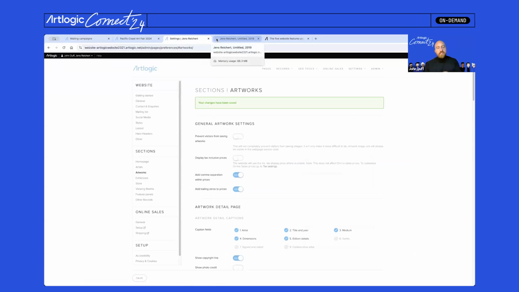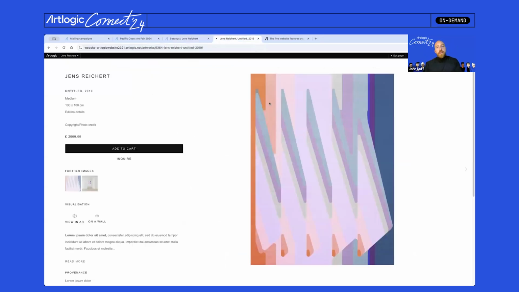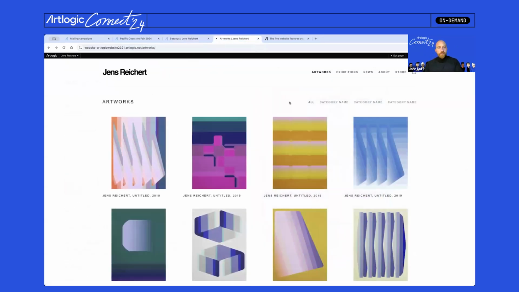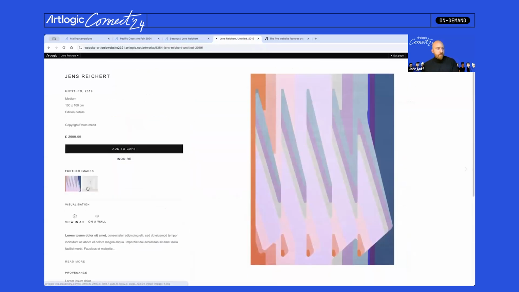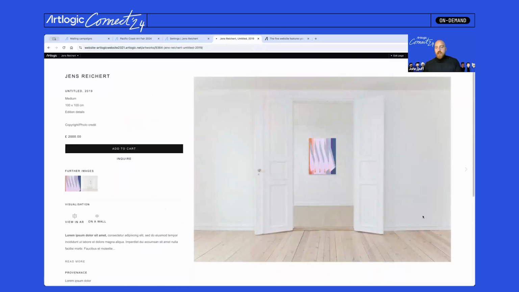The one I'm going to touch on is actually View on a Wall. In this artwork view on a website, it's great because you can see all the details. We've got additional images, and you can get a sense of how big it is. But we offer a tool called View on a Wall, and it sits just under here, which is